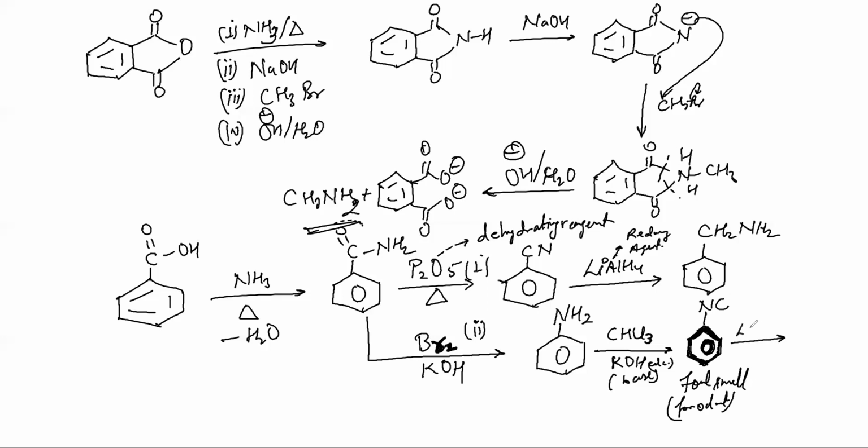And if I treat it with LiAlH4, this time I will get NHCH3, meaning 2 degree amine. So if they want you to convert 1 degree amine into 2 degree amine, convert it into NC and then treat it with LiAlH4. I hope it is clear to you. So these are the types of conversion you will find in your questions.